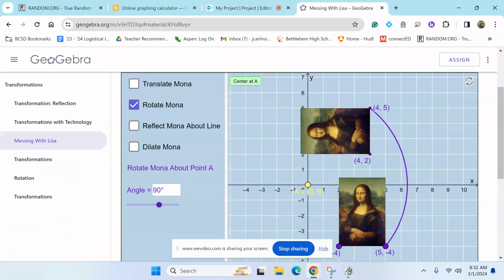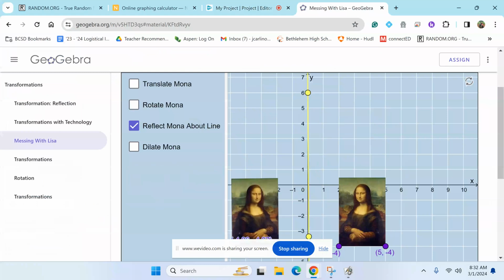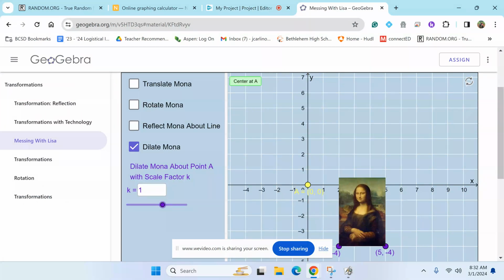What else could I do? Oh, I turned it. That's a transformation. It's a specific type, right? It's called a rotation, but it's a transformation when you move a figure or the points. And then, hey, I flipped it over now. There's a transformation. Notice every time I'm moving it, I'm moving it in different ways. I slide it, I turn it, I flip it. And the other one we'll talk about is